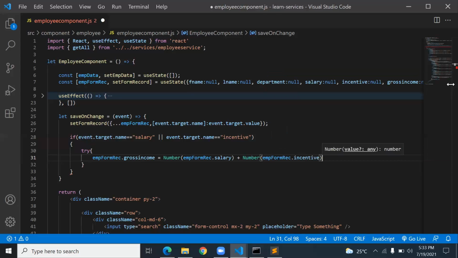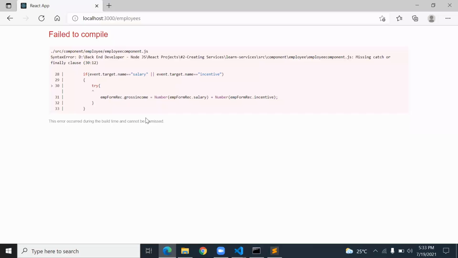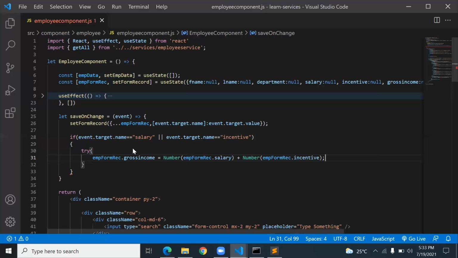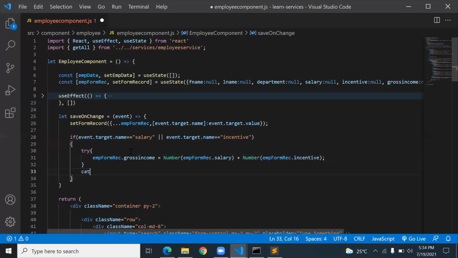So I set this value. We will check it. For try catch, I must have a catch block, which is used to catch errors.